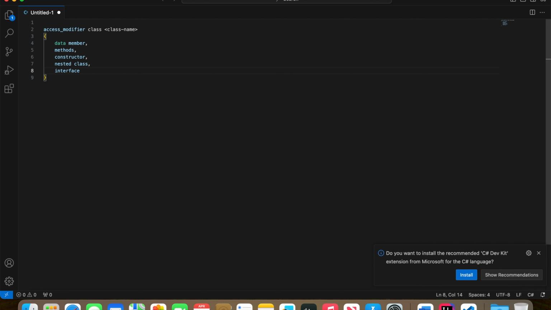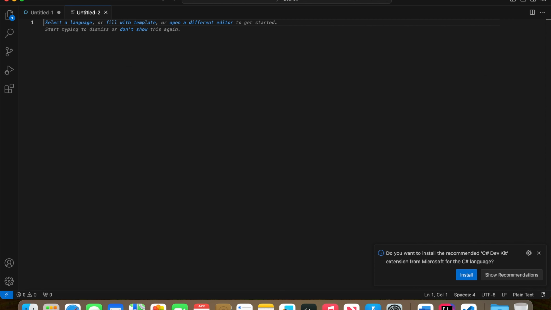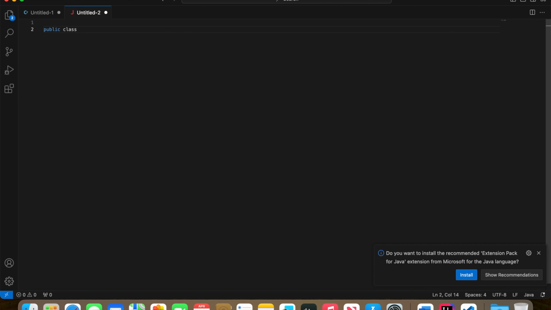Now let's take an example of a real class. I'm taking an example of the car class. I'm using a public class. Class is a keyword and the name of the class is car. Public is an access specifier, which we'll discuss in the next videos. Then we need the curly braces, and inside that we need to have the data types. We will be discussing data types in the upcoming videos. For now I'm just writing simple code.